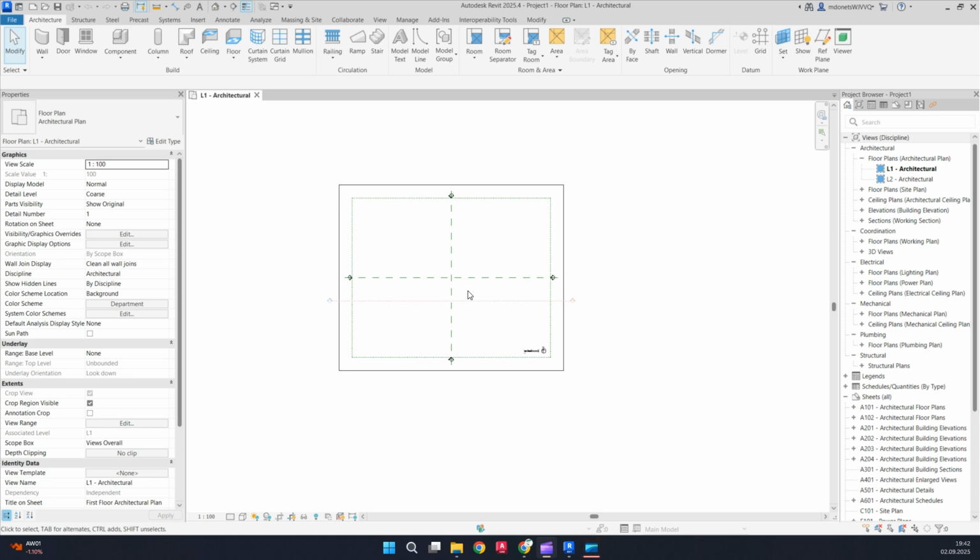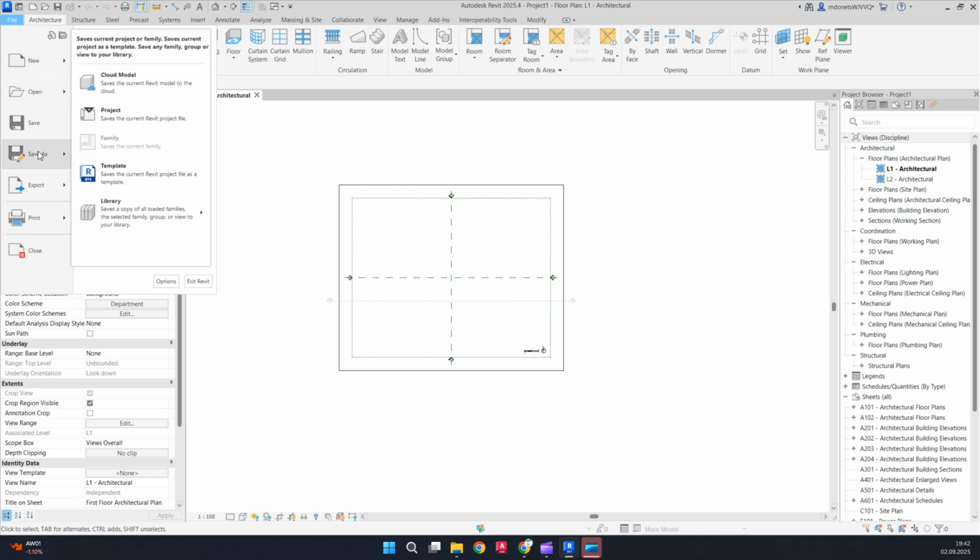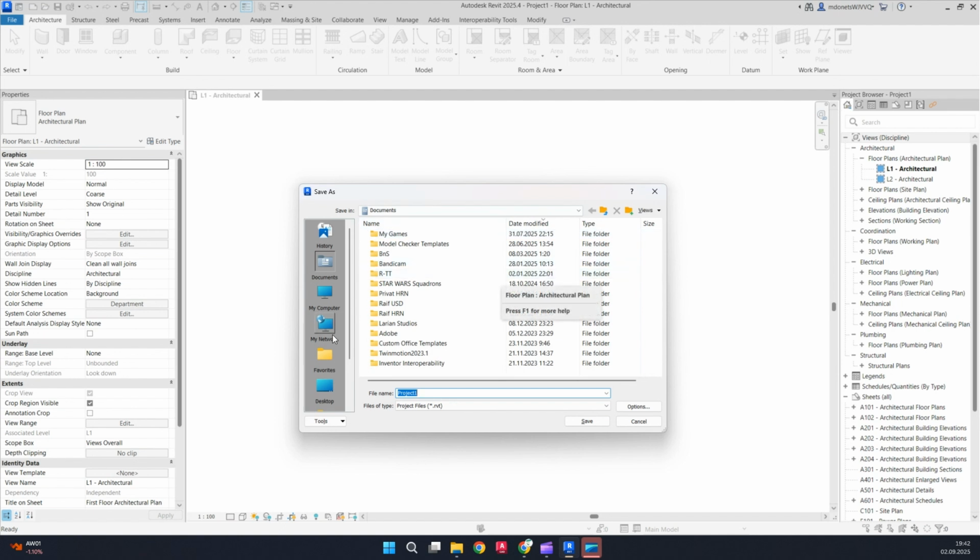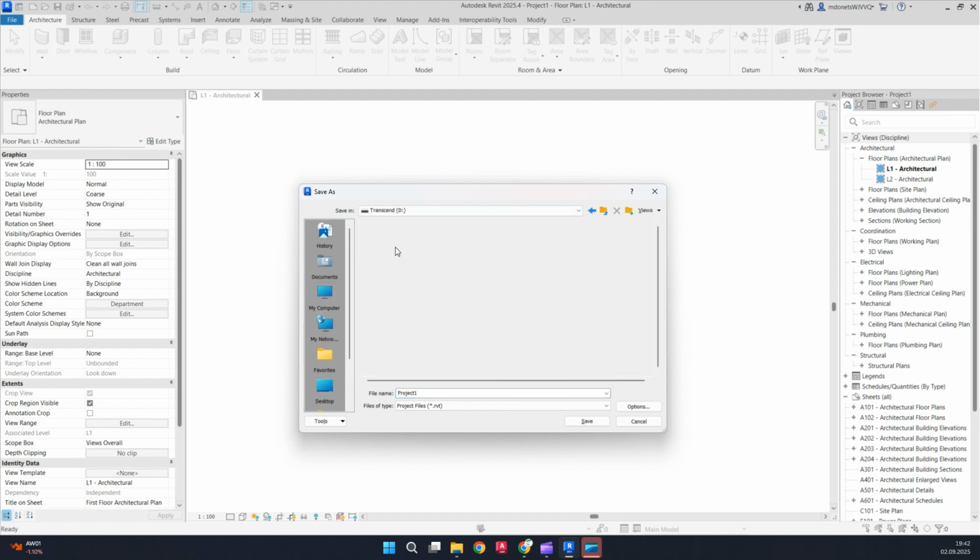When you start your work in Revit, first thing first, you should save your project. Go to File, Save As, Project, and save it somewhere where you know where it will be. And name it correctly. Axis Tutorial, in my case. In some cases, right now, a lot of companies